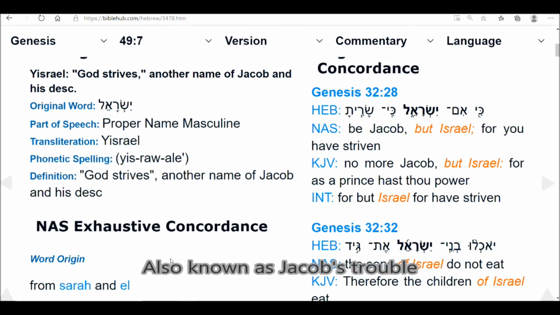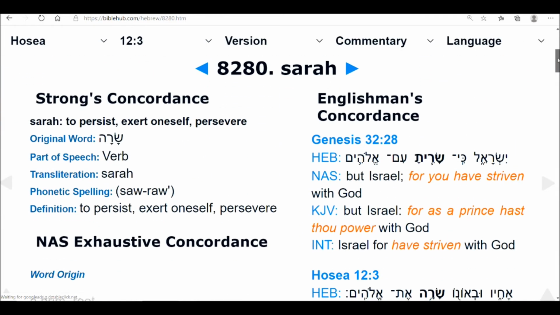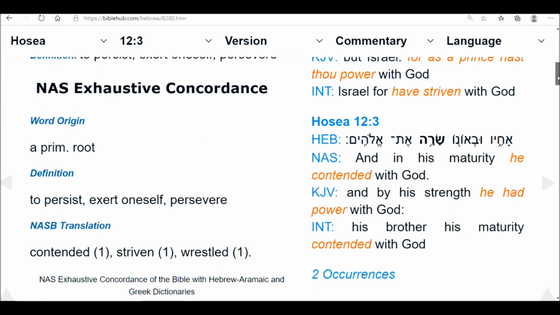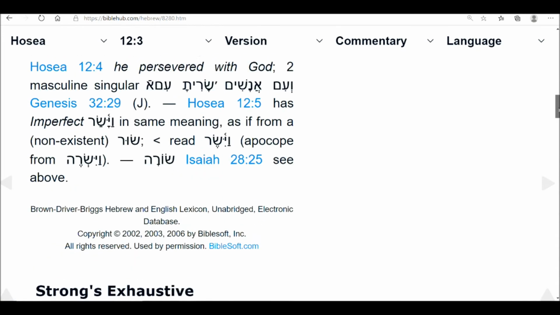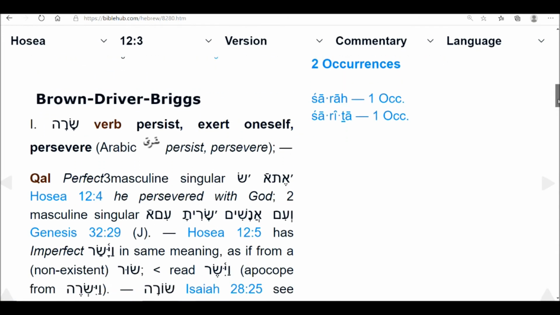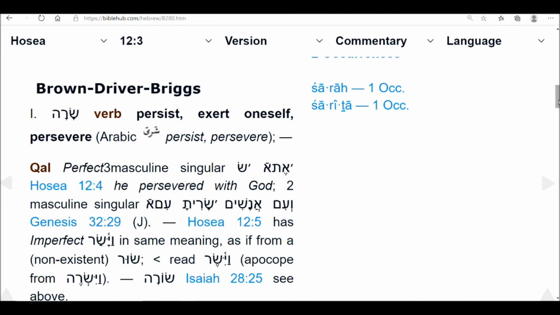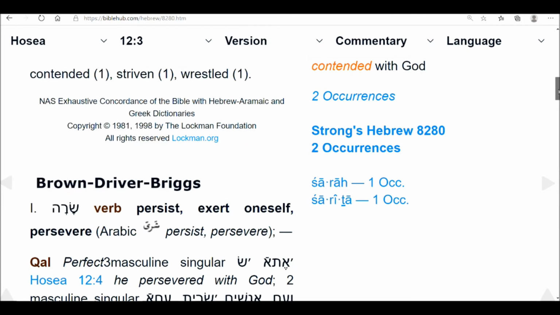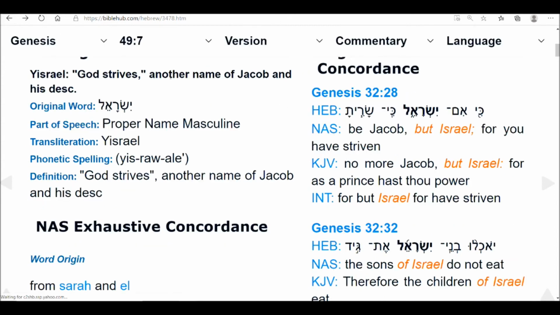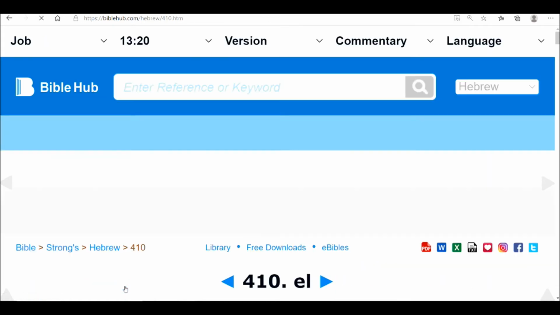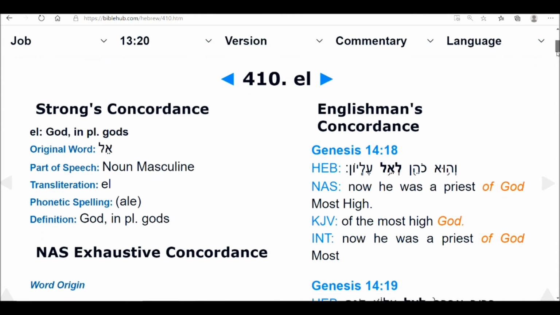And so, can you go into Sarah, so we can tether it to prevail, persist, exert oneself, to prevail. The primitive root, have power as a prince. This is principality and power. Now, this is right Israel. This is one that rules and reigns because they've rightly ruled and reigned self. And we're talking about a people group and not actually a nation. We're talking about an individual man who has prevailed, become a mighty one, a Gibberim or a Gabriel, and has become that intention of love. Gabriel is love. Gibberim is love. You're becoming. So these are those that prevailed.